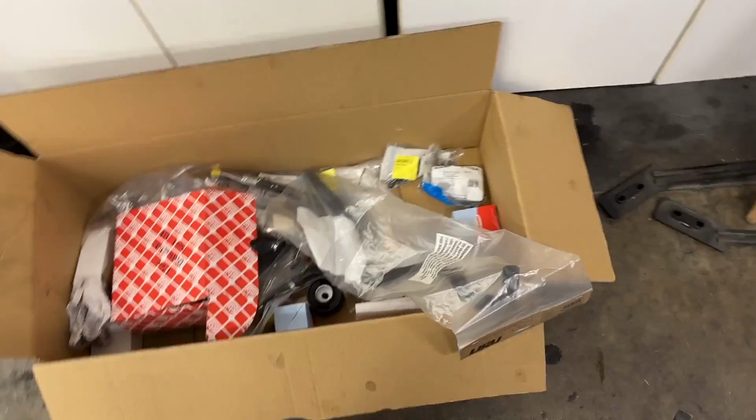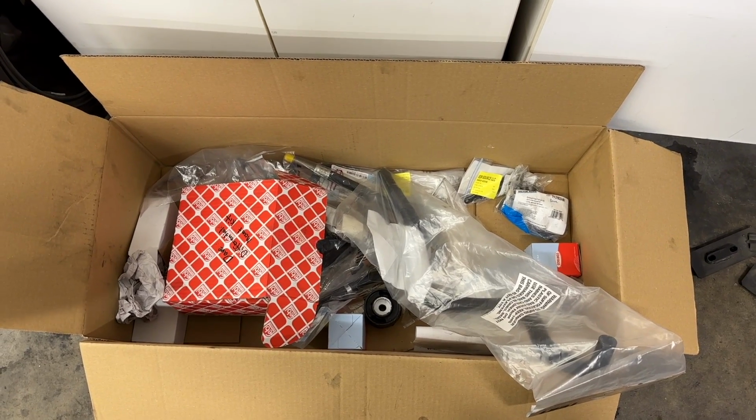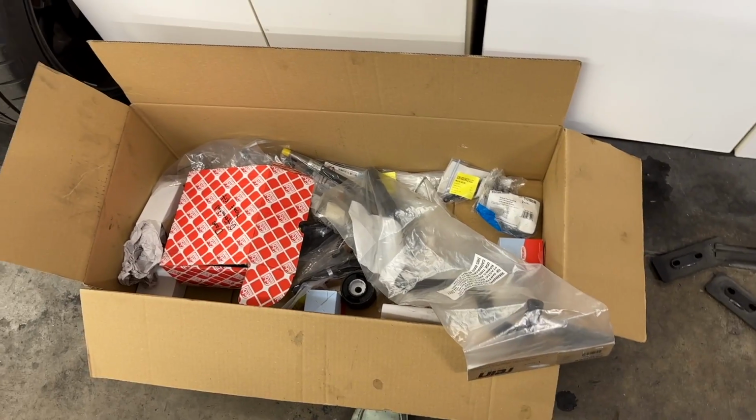Parts box is getting smaller. We've got power steering lines to go. The diff mounts, the old mounts are out. We're about to put the new ones in. They're pretty dry, but they're not yet cracking, but it just makes sense while the differentials have to put the